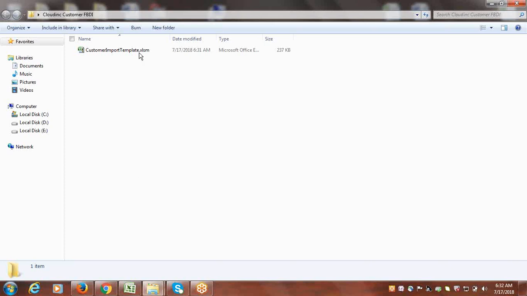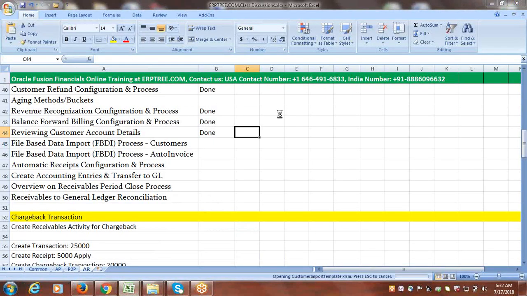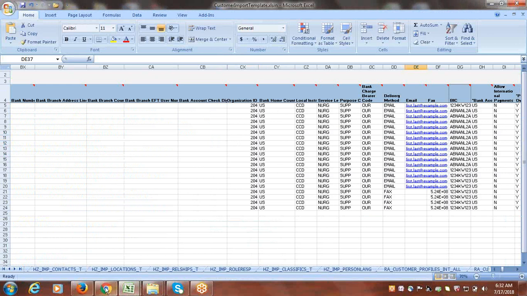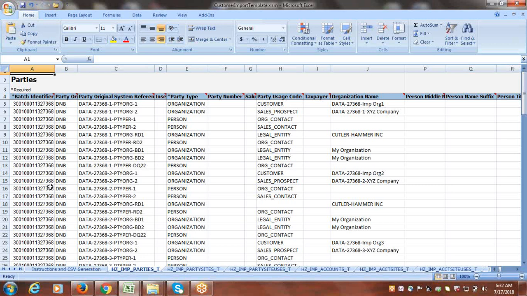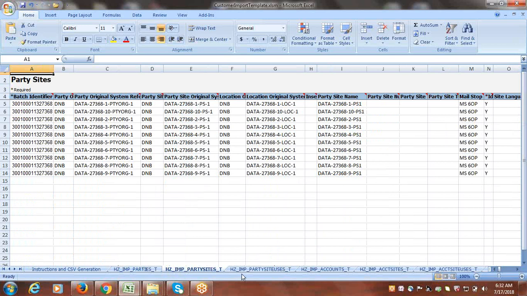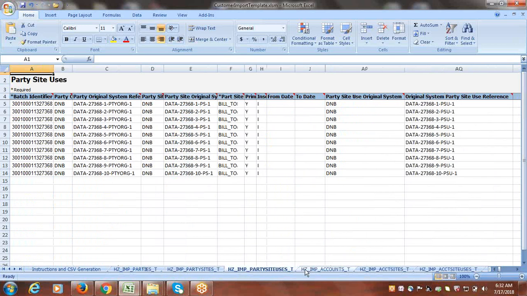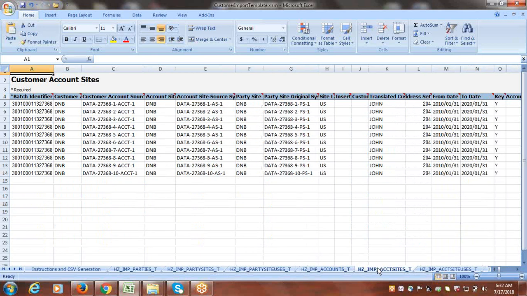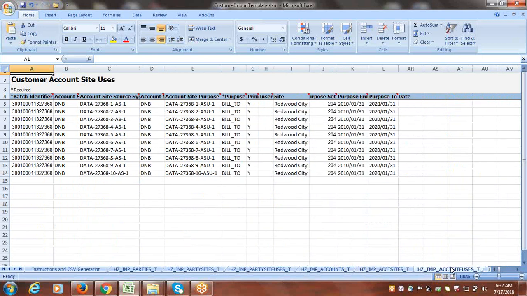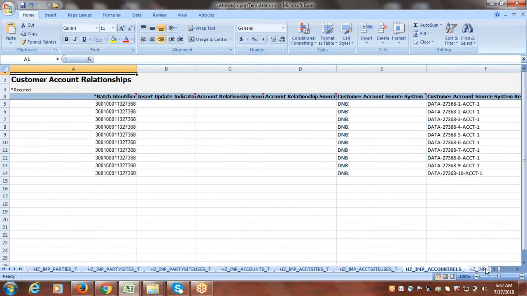So this is the file we downloaded. Just go through this template. If you look at this template, you could see it is more focused on HZ. HZ means parties, right? Within the TCA architecture structure, the parties information will be stored in the HZ tables. Here all you could see represents HZ. So parties information, party sites, party site usages, customer accounts, customer account sites, customer account site usage,